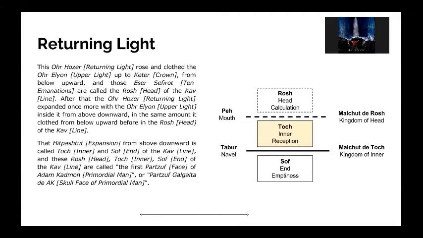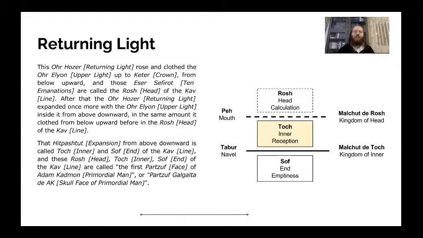Right. So the vessel becomes the Or Chozel, and in this piece that we're reading right here, you can see that Or Chozel serves 2 purposes, because it expands from above downward and below upward. So it serves 2 purposes here, where it's clothing the direct light that enters the vessel, and then it also clothes the direct light that doesn't enter the vessel.